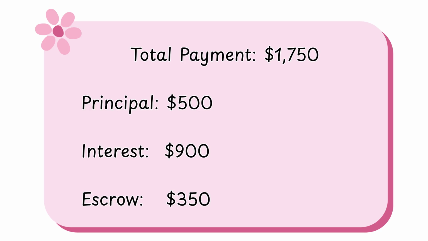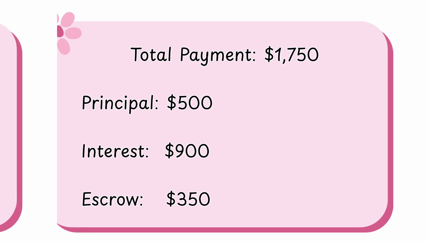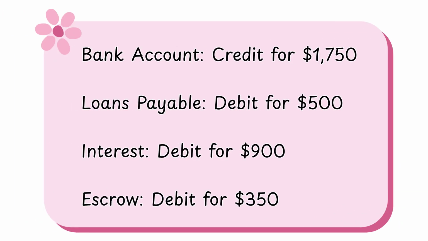In this example, the loan payment is $1,750. However, only $500 of that payment goes towards paying down the loan balance, which is the principal. $900 goes to interest and $350 goes to escrow. So for the journal entry, the bank account is what was used to make the payment. That account will be credited